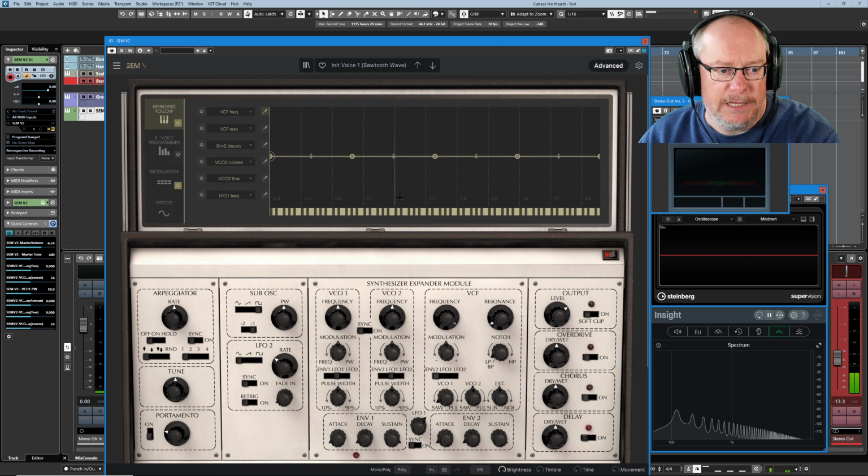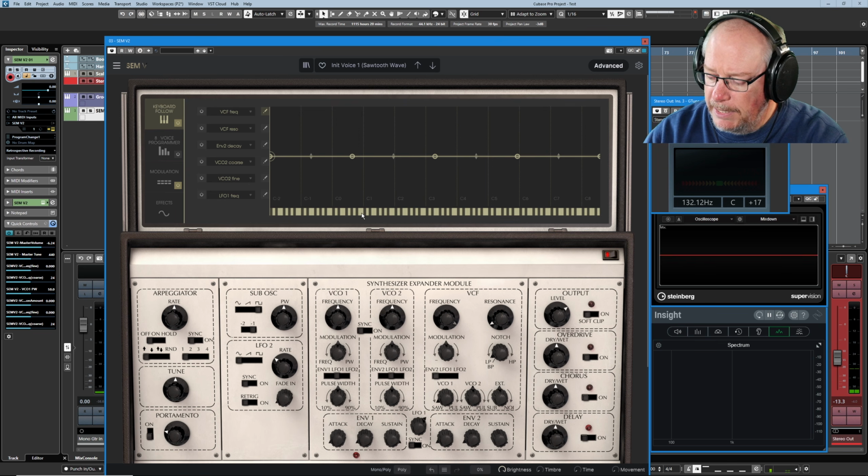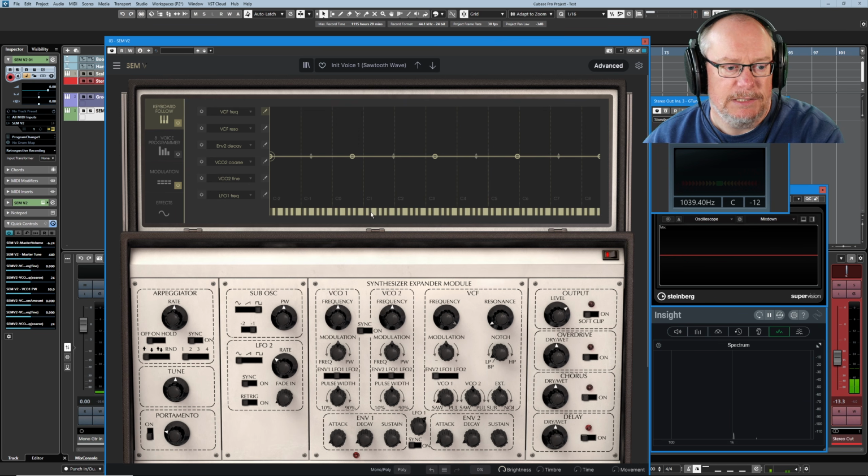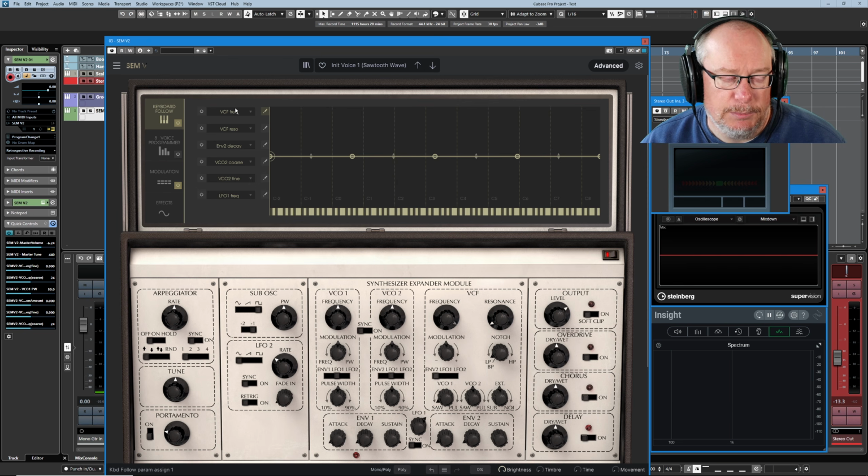Every time I press a key, you can see this strobed line appear. So there's the lowest key on my keyboard, and I'll play a note 3 octaves higher, and it's there. So you can see the note on the lower keyboard that covers that range. What we can now do is plug in 6 different modulation targets to be affected by the pitch of the